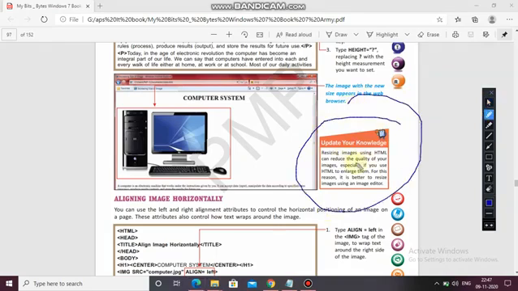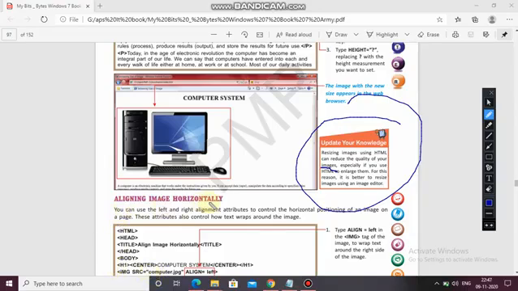Just see, resizing images using HTML can reduce the quality of your image. So in HTML, if you resize the image, that can affect the quality of your image, especially if you use HTML to enlarge them. Means a picture is small and you want to make it large, then the quality of the picture will not be the same as earlier. So for this reason, it is better to resize images using an image editor like Photoshop or Paint Shop Pro, means paint programs, whatever programs are given by Microsoft. Okay, that will be better.